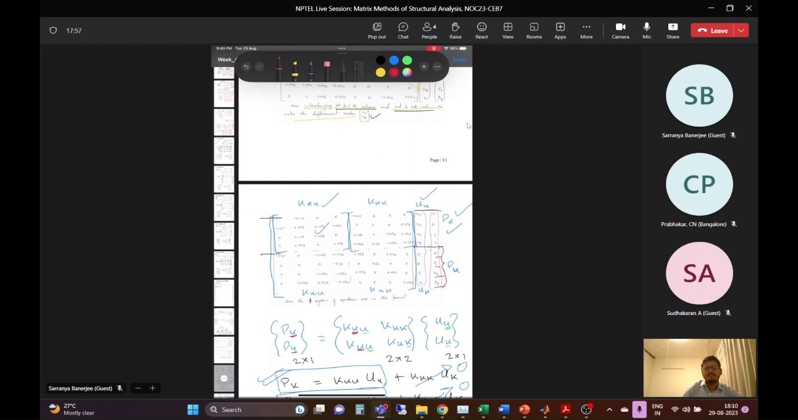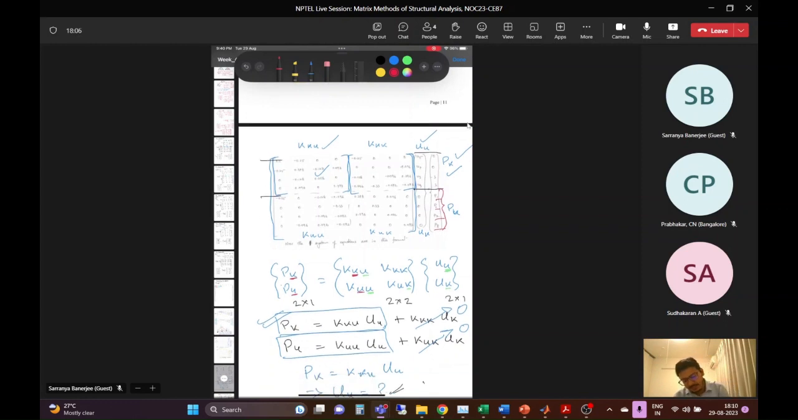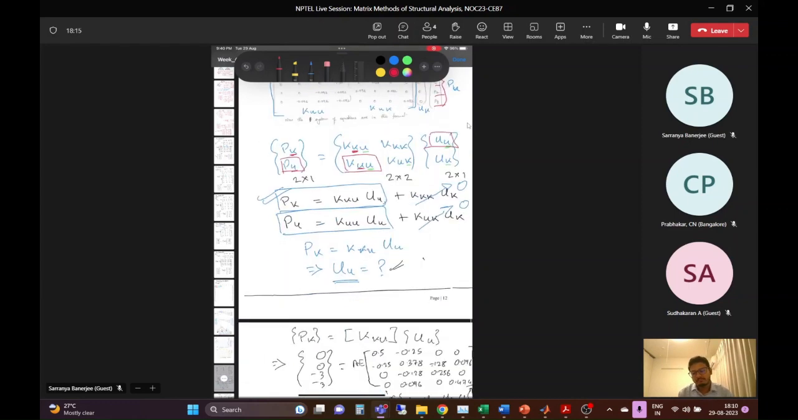So we already have our load vector, unknown load vector partitioned at one side of the equation. So we have this P unknown. Now this P unknown would be multiplied with the K unknown into U unknown. So if we multiply P unknown,